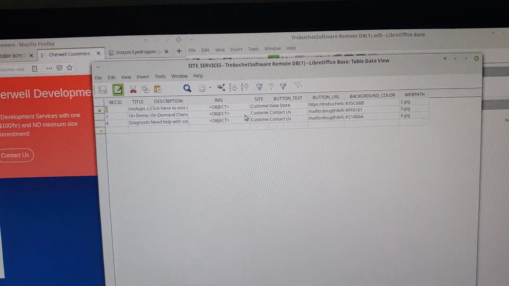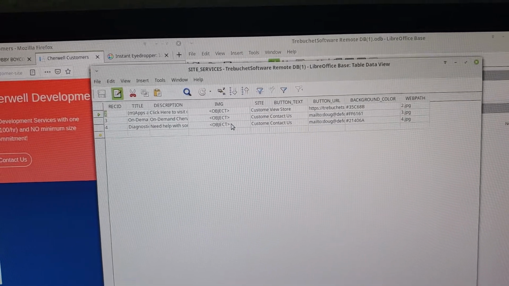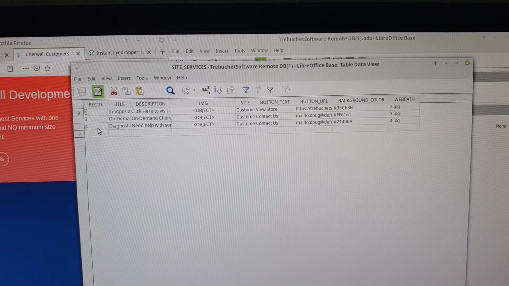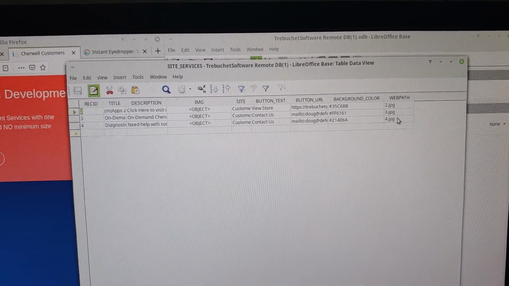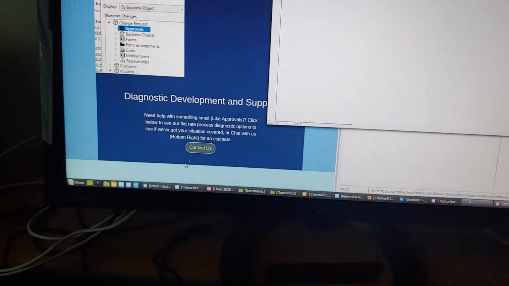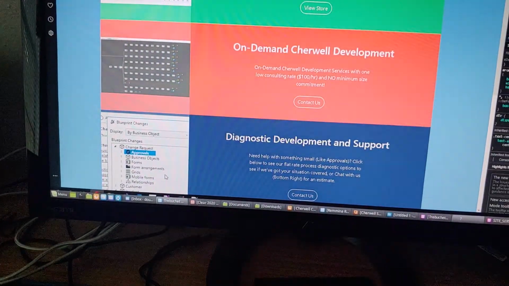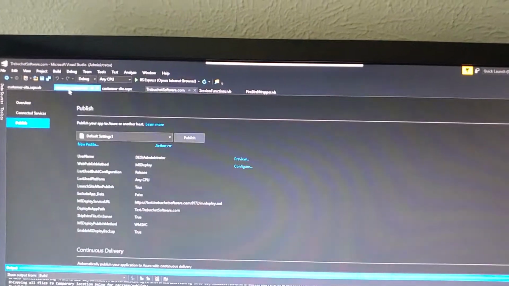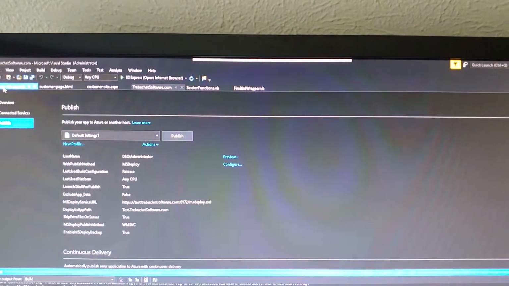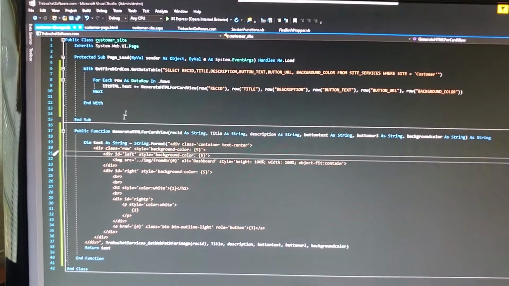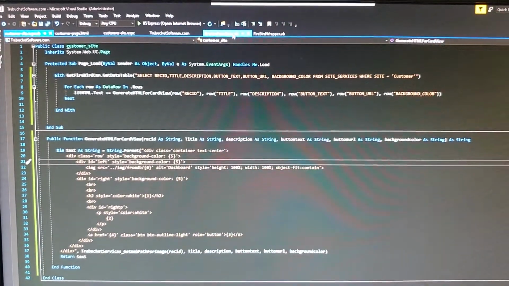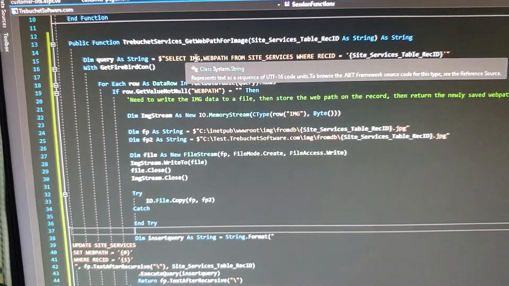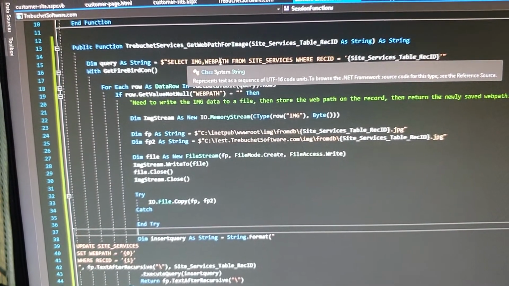And basically it converts this stream of bytes into a file and then saves it on the disk with that rec ID value, and then it stores the web path here. And on the code end, if I open this up within Visual Studio, let's see where it would be. On the code end, we have, so this basically says go get the image, which is a series of bytes, and the web path,